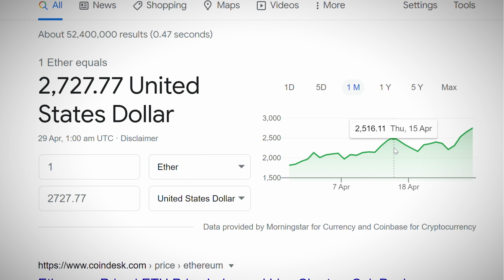GPU prices are at an all-time high. However, Ethereum prices are also at an all-time high, as well as Ethereum difficulty. What do these things mean? Well, they could spell some good news for gamers in the potential next few months. And I'm going to explain why, according to at least the research I've been doing recently, where say for instance,